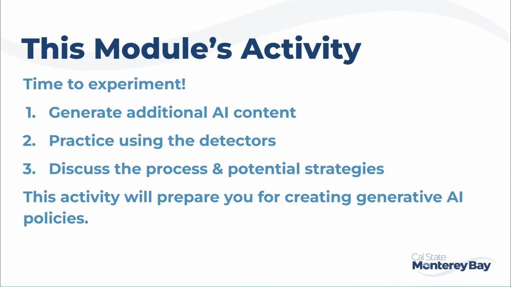We've discussed quite a bit about strategies for detecting AI-generated content. We also discussed methods for approaching your students when you suspect they've used AI inappropriately. Your task is now to experiment. In the lesson, you will find several reading materials, additional videos, and even a few simulations that will help you practice detecting the use of AI in various types of content. Next, you will engage with a quiz to check your knowledge, and then you will get some more practice by using AI to generate content, and then you will run that AI content through the detection tools so you can get a feel for the accuracy of the tools.